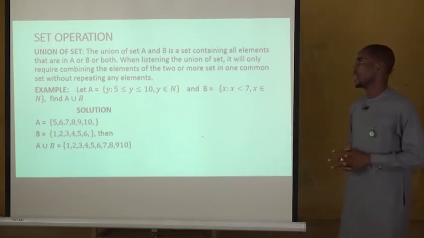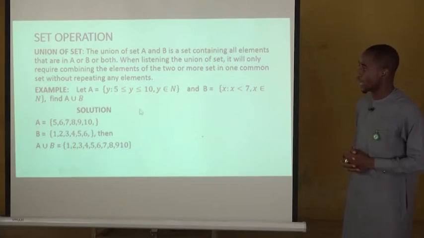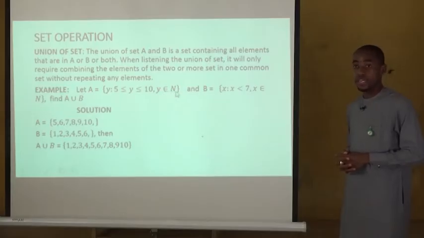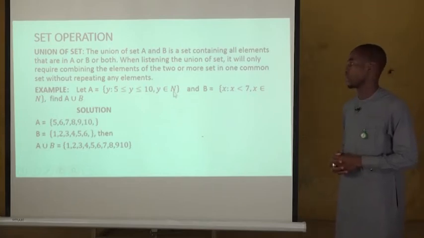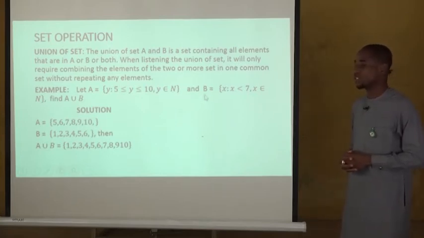For example, we said let A be a set of y such that 5 is less than or equals to y, and y is less than or equals to 10, and y belongs to the set of N, where N is the natural numbers. And B is a set of x such that x is less than 7, and x also belongs to the set of N, where N is the natural numbers. Now we are required to find A union B. Now learners